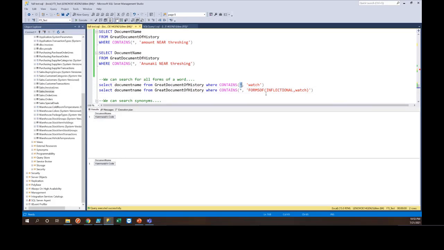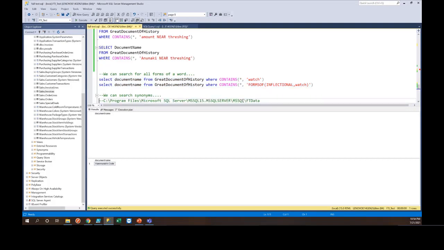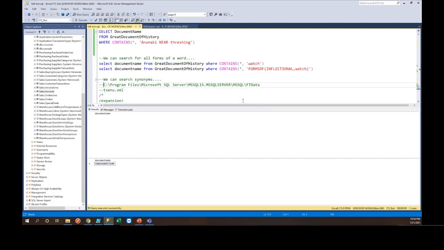Great. This one says, I want you to find the word watch, but I want you to use different forms of the word. Watch, watches, watched. And so while the first query finds nothing, the second query did find something. And it didn't do all of the fuzzy searching logic. It just did one kind of that searching, which can be useful if you only want to look for tenses or plurals or synonyms, something like that, without doing everything. Speaking of synonyms,